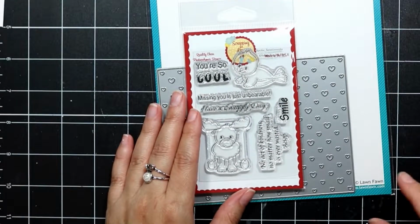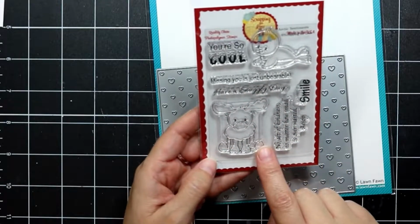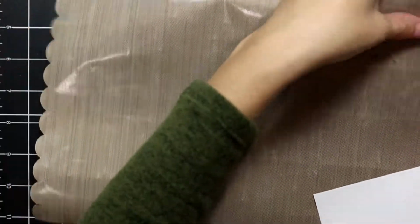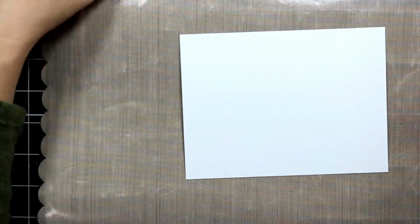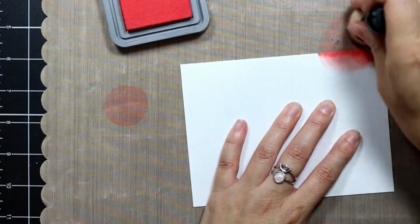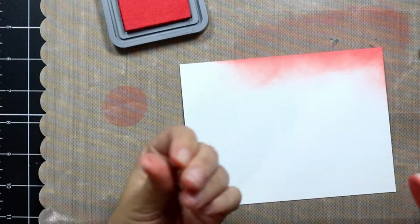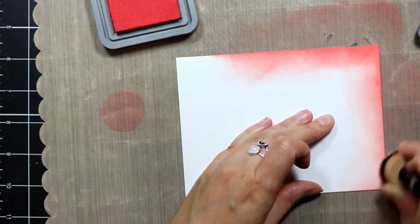I'm starting my Valentine's Day series for this year using the super sweet moose stamp from the December Scrappin' for Less card kit. I'm also going to be using the Fawn Polka heart backdrop for the background. So first I'm going to work on that background, and I've got a piece of Bristol Smooth cardstock, and I'm